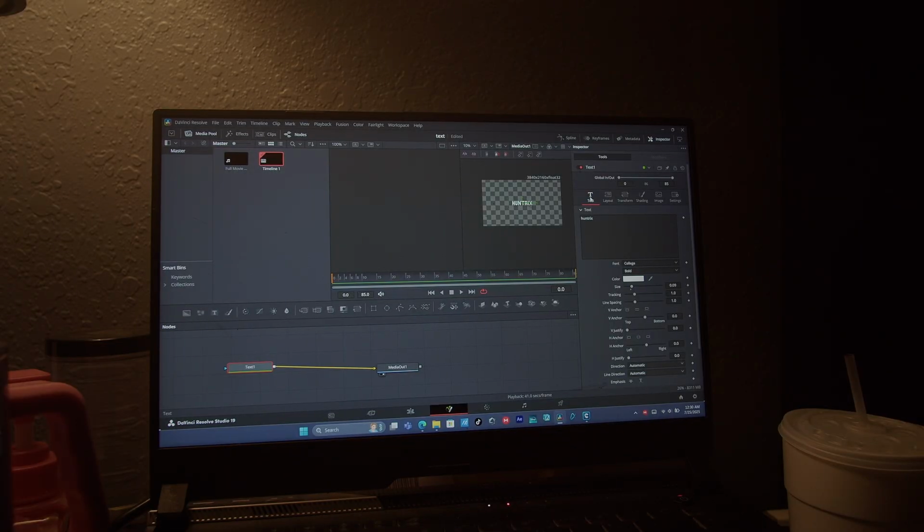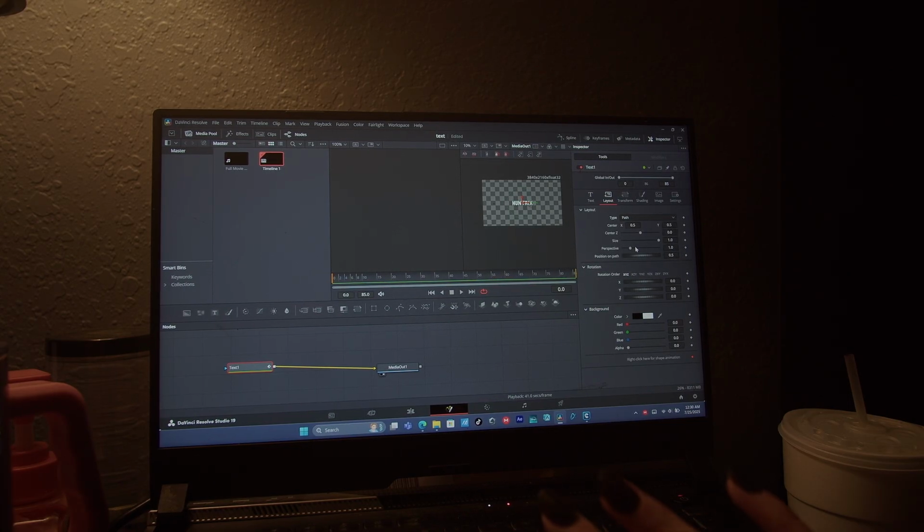So let's say you wanted to do the text as a border. So the very first thing you're going to do is you're going to go to Layout, and you're going to change the type from point to path. This is my personal method. So then, you see that little cross there? We're just going to draw a path